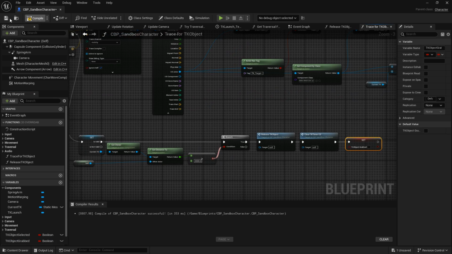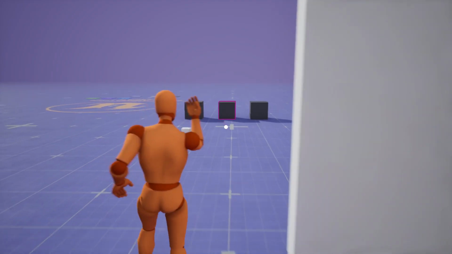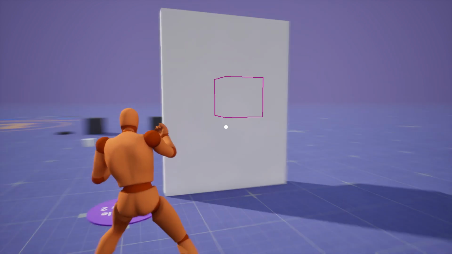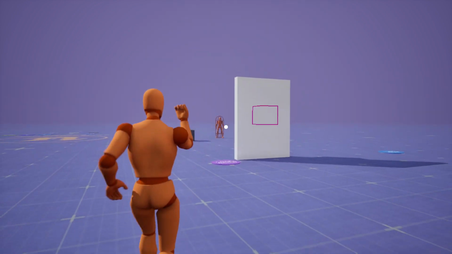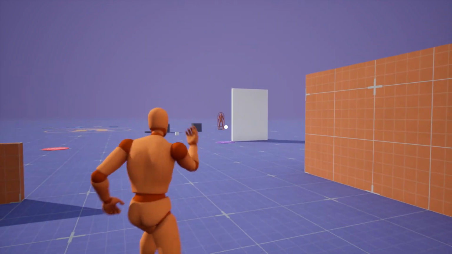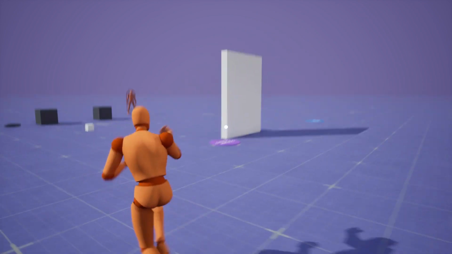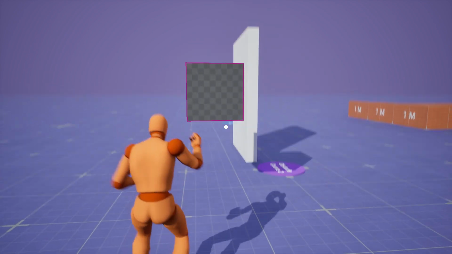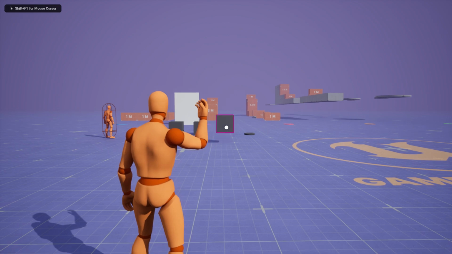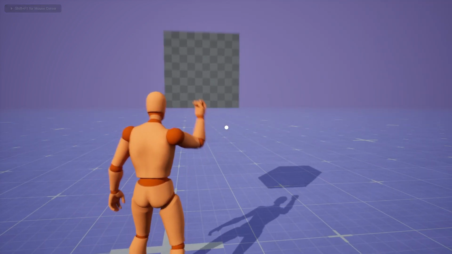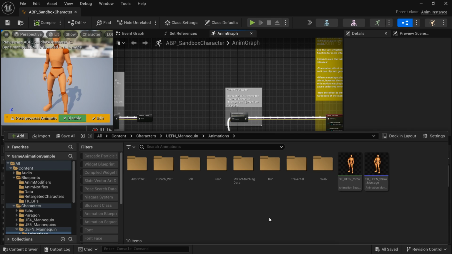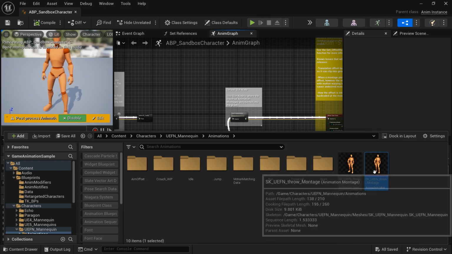Okay. And then we'll see, when we get far enough away, he'll let go. Open up his hand, and then we can pick it up again. And I missed. Okay, so last thing, to prevent sliding when playing that montage, we got to go into that